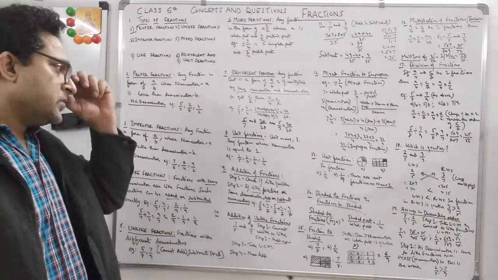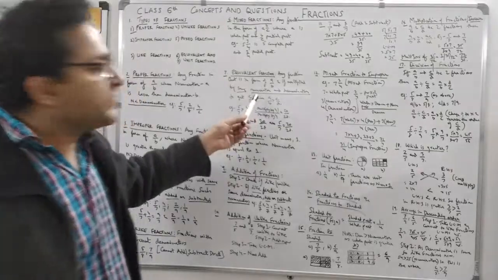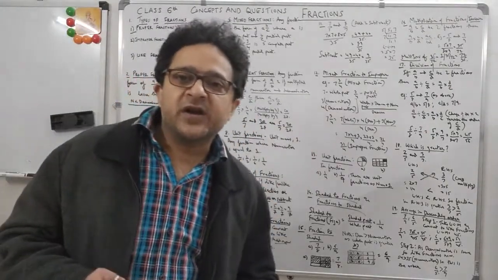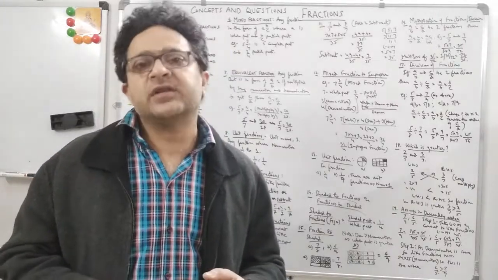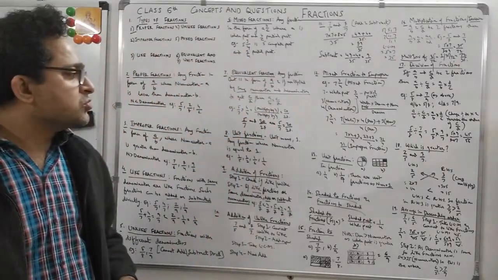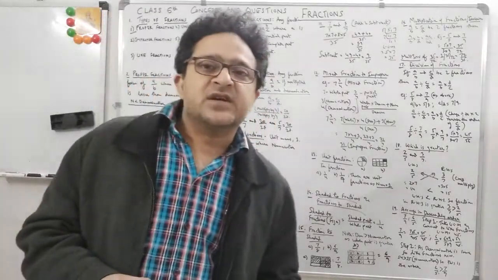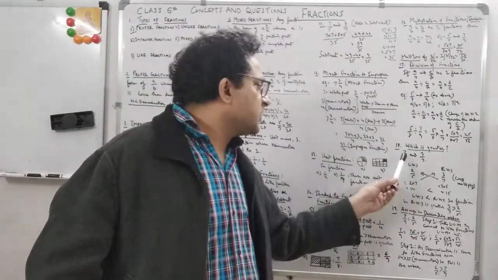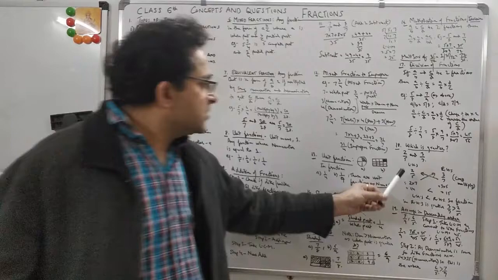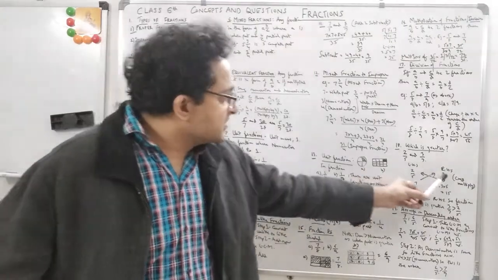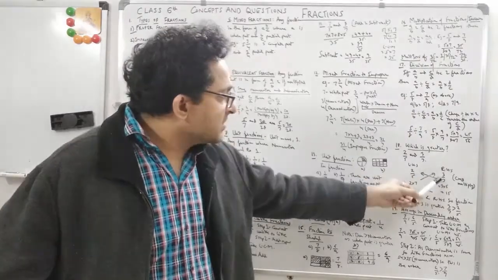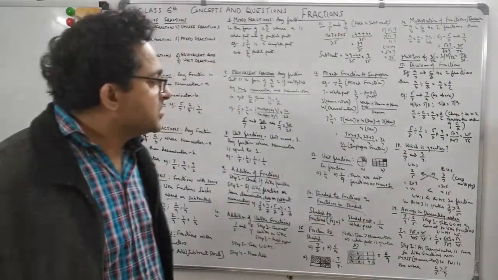Okay. So now we did equivalent fractions. We know that in equivalent fractions you multiply or divide the numerator and denominator by the same number, so you get an equivalent fraction, right? Now in case you get two fractions and you want to know which is greater, here there are two fractions, 2 by 5 and 3 by 7. You just put 2 by 5 on the left hand side and 3 by 7 on the right hand side, right? Okay.